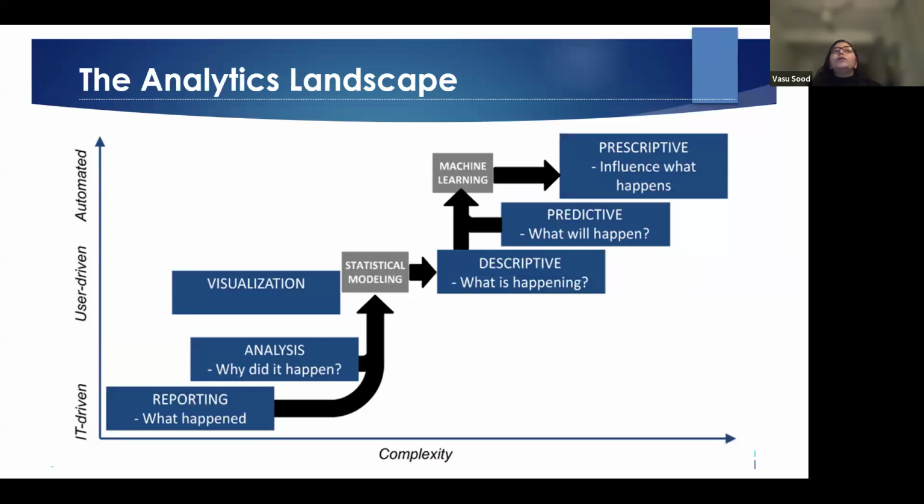Then, because AI is getting utilized and we are talking a lot about AI, we can think about cognitive analytics as well, which can be incorporated with AI and natural language processing to mimic human reasoning for deeper insight. So, for example, we have clinical decision support, we have chatbots, etc. So we can think about that type of analytics as well.